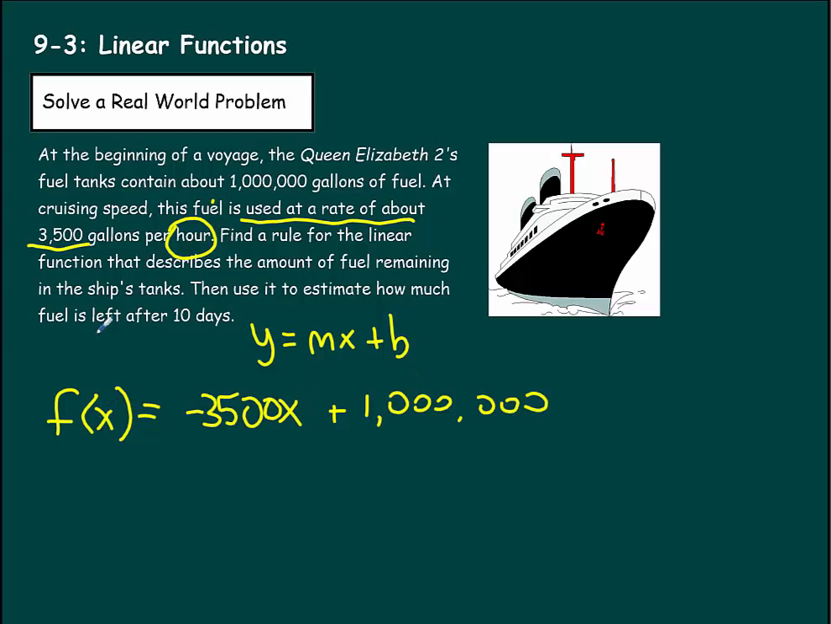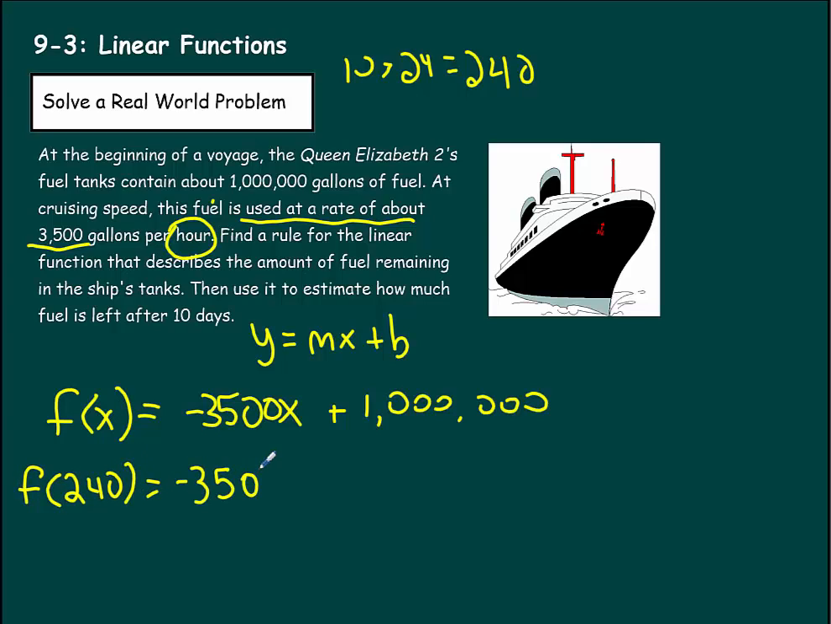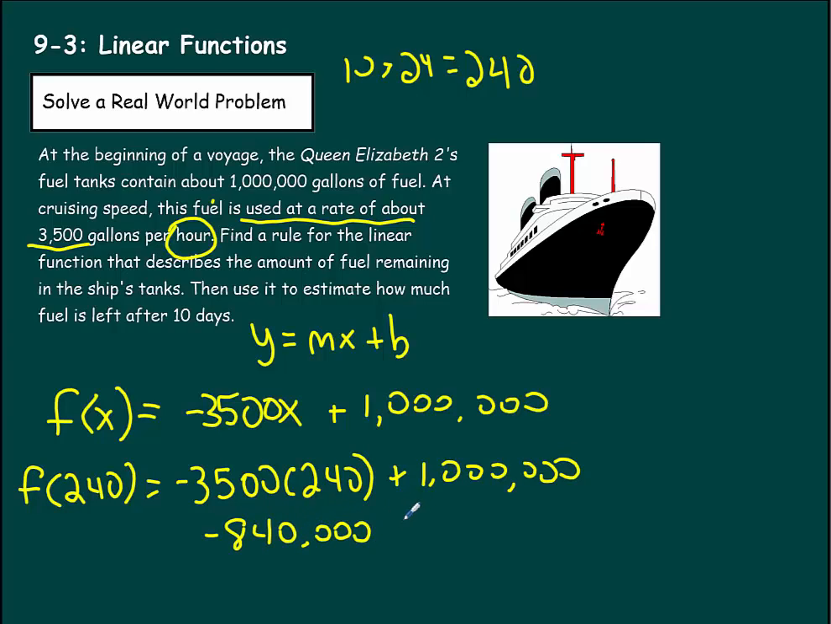We need to estimate how much fuel is left after 10 days. Since this is hours, I'd have to multiply the 10 times 24. Well, 10 times 24 equals 240. So my input's going to be 240 hours. So the function of 240 equals negative 3,500 times 240 plus 1 million. If we're going to multiply this out, this gives us negative 840,000 plus 1 million,